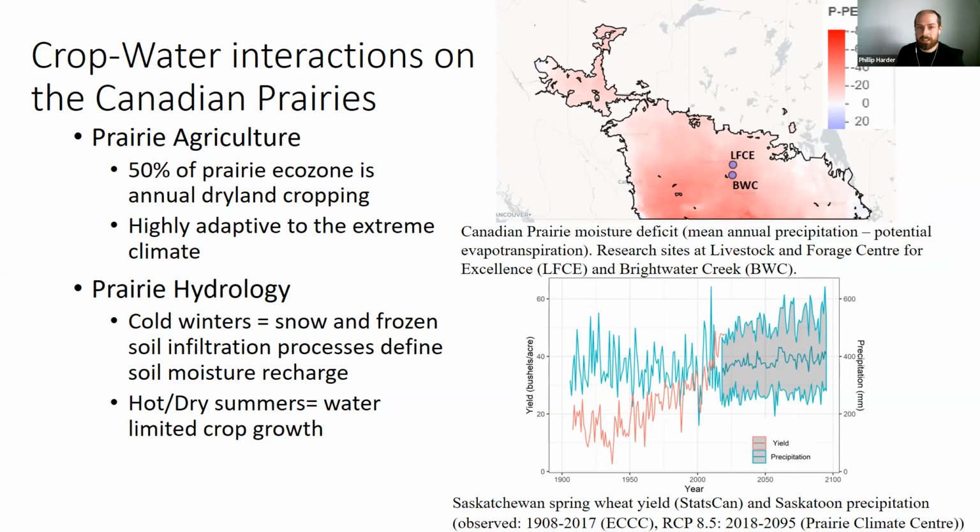But at the same time, it is highly subject to a variable climate, specifically prairie hydrology, which is quite complicated. So in the winters, we have snow accumulation, and then comes snow melt. We have snow melt interacting with frozen soils to determine our moisture recharge. And then once we get into the summers, things are hot and dry, and we're in a moisture limited state. So there's a lot of factors that are going on. So what can we do to understand this and possibly increase some of the resilience of the system moving forward?